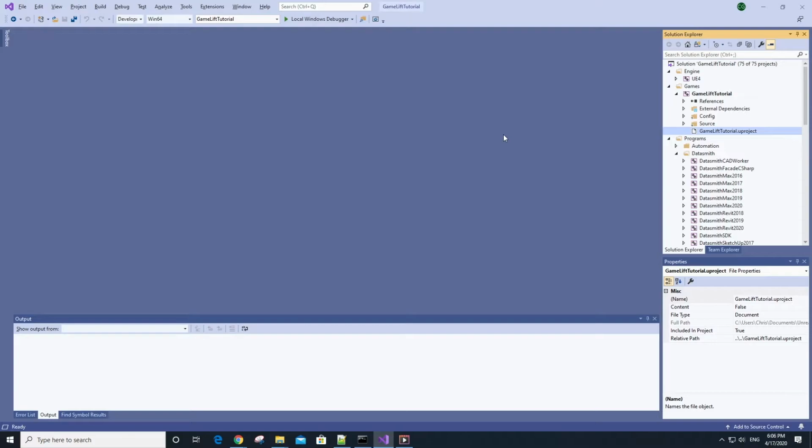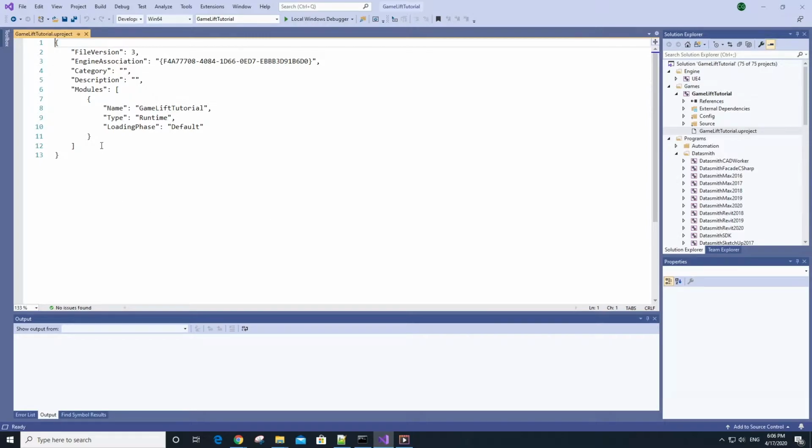Once the project is open in Visual Studio, go to the right under where it says Solution Explorer and expand your project if it is not already expanded. Then click on your project's uProject file and add a comma at the end here, then in double quotes type in plugins, then a colon, square brackets, and then some squiggly brackets, and within those squiggly brackets type in name